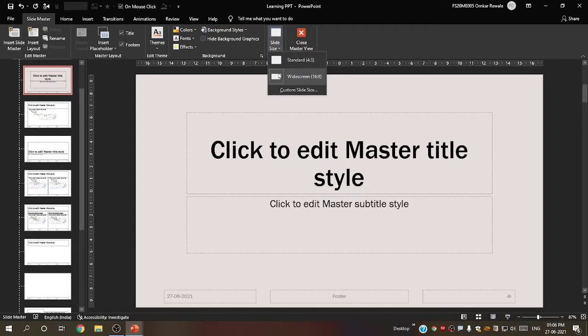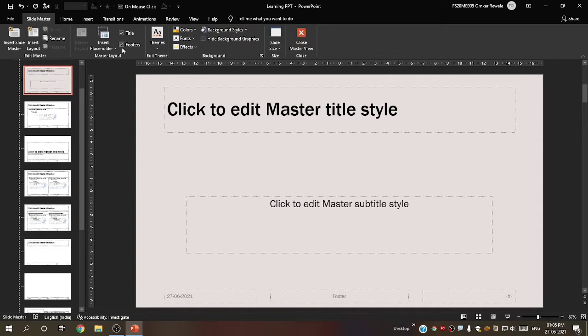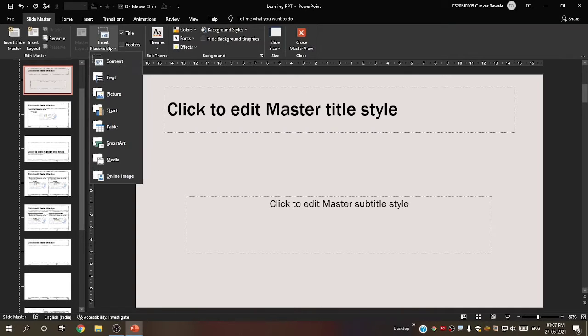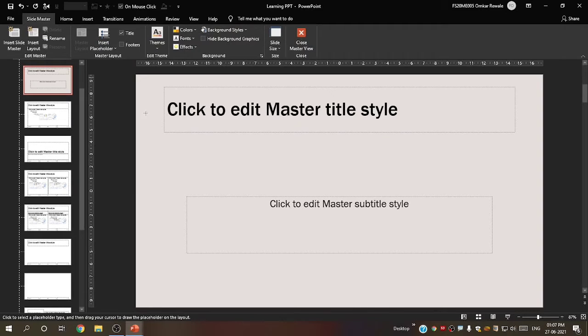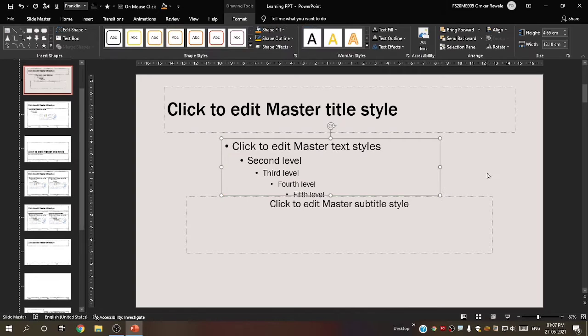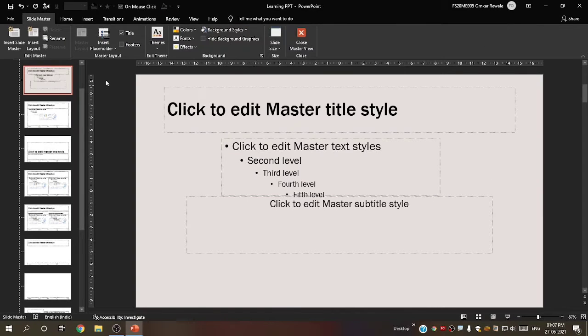Slide size, let us keep widescreen. And then title, or if you want to close it, you can. Now I don't want a footer, so I will close the footer. Insert placeholder, you can also insert many things. Let me say text, and you can draw it. See, in this you can insert many other things.